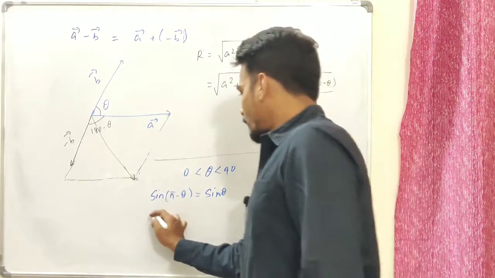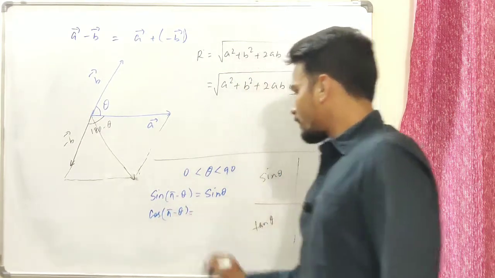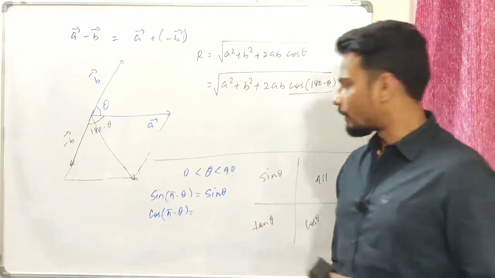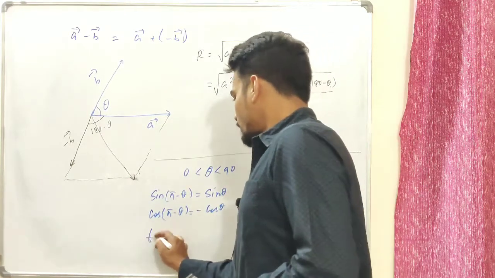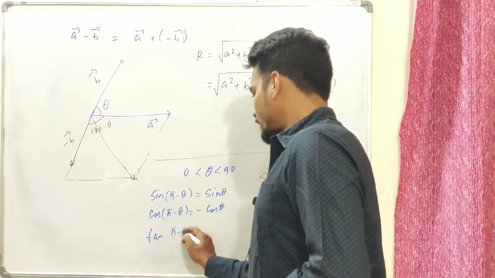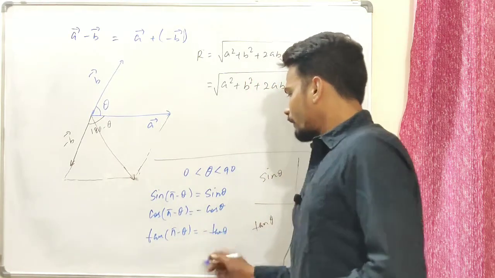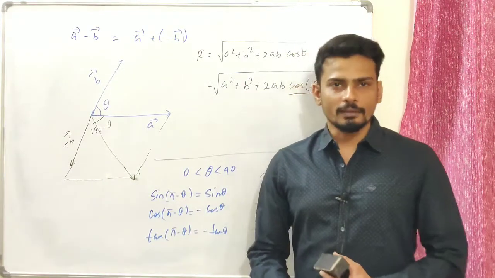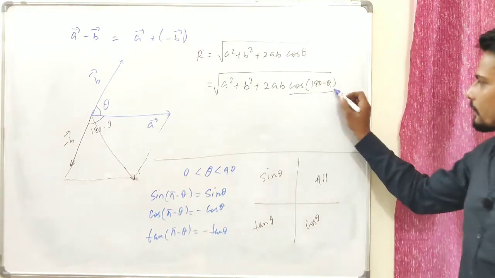Simple. Let's say cos of pi minus theta. Well, that's going to be lying in the second quadrant, and we know that cos is negative in the second quadrant, so it's going to be negative cos of theta. Likewise, tan of pi minus theta should be negative tan theta. Okay, we can talk in detail about these things when I teach you trigonometry in the maths part. For now, we need to know that cos of 180 minus theta should be